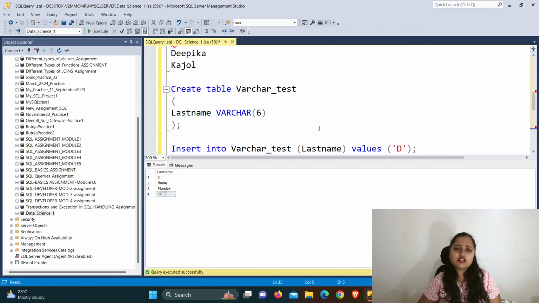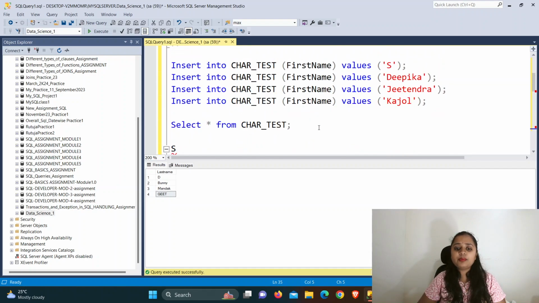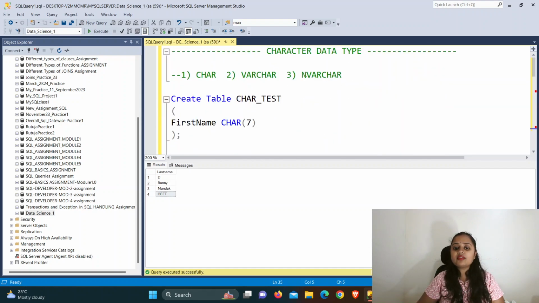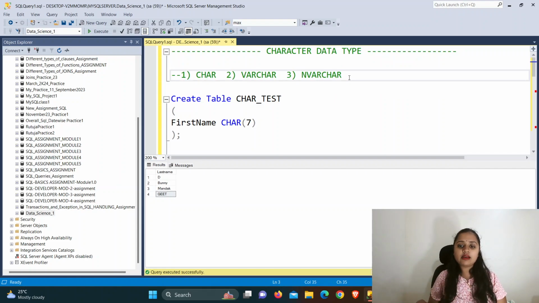This is a very hot question which is asked in interviews, so please prepare it very carefully. Now let's move towards the third character data type, that is nvarchar. This nvarchar data type is used for languages other than English. If your database is in another language like Chinese, Japanese or Russian, then in order to work on such data, the nvarchar data type is used. It is used for multilingual data, meaning you have a database in a language other than English.